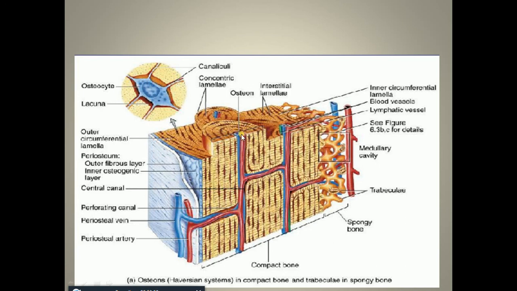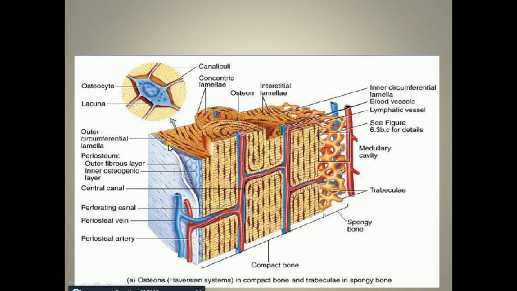Each Haversian canal is surrounded by varying number of the concentrically arranged bony lamellae, but they usually range from 5 to 20 in number, ठीक है. So it varies in number, but approximate जो इनका number है 5 to 20 हो सकता है around each Haversian canal. So this is called one osteon or one Haversian canal system. Then there are many such Haversian canals, and in between the Haversian canals there are interstitial lamellae, and just beneath the periosteum there are